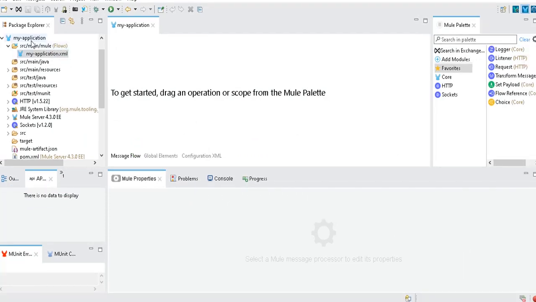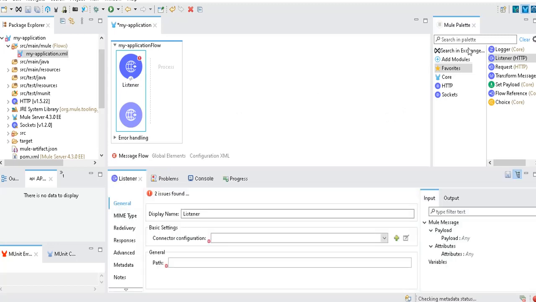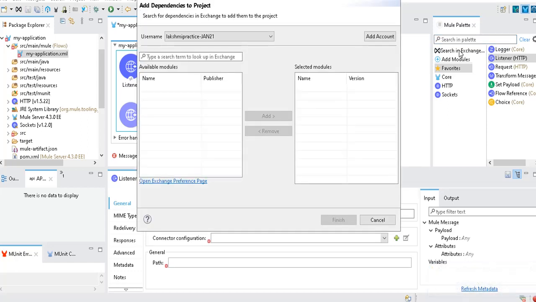So this is a fresh project, right? I'll just drag and drop an HTTP listener just to build some flow. And here I would like to utilize that student REST API as a connector. So in order to add that to this project, you need to go to search in Exchange. You don't need to use that HTTP requester with those URLs and all that. Now we are actually going to use the REST API as a connector.